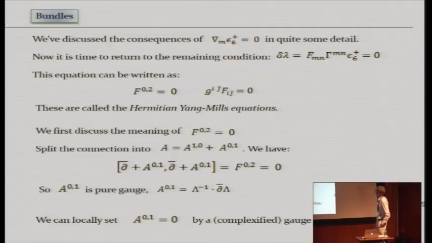So how do we think about that? Well, the first thing to note is that on a Kähler manifold, you can rewrite this equation as saying that the 0,2 components, that is the components with two anti-holomorphic indices of the curvature F, have to vanish. And the other equation that you get from this is that G^(i j-bar) contracted with F_(i j-bar) has to vanish. This is sometimes called the Kähler trace.